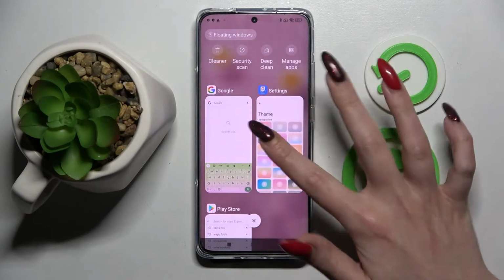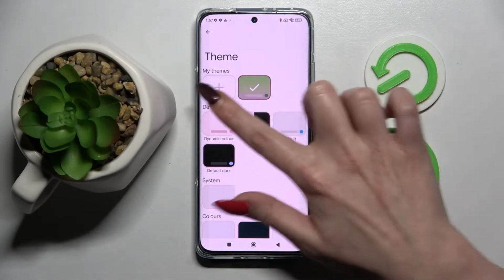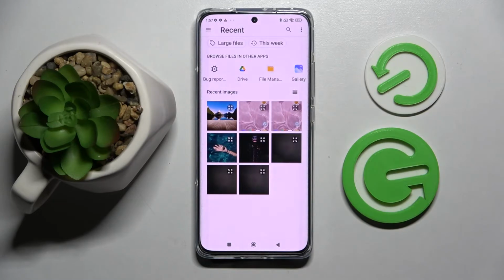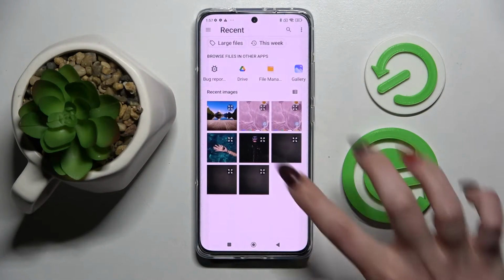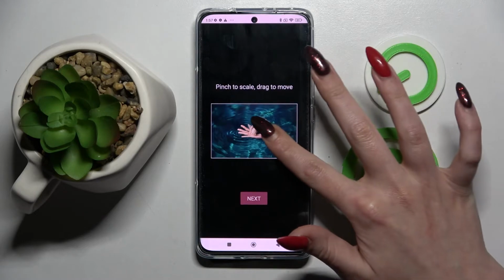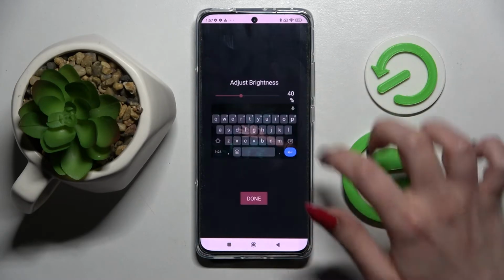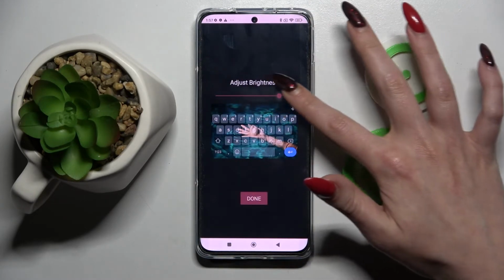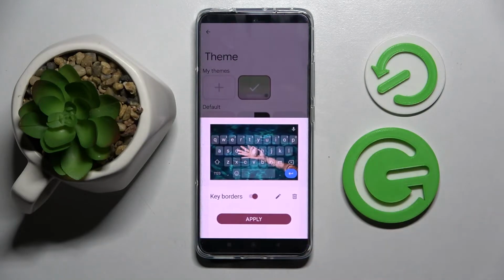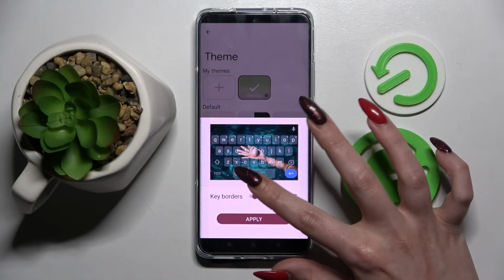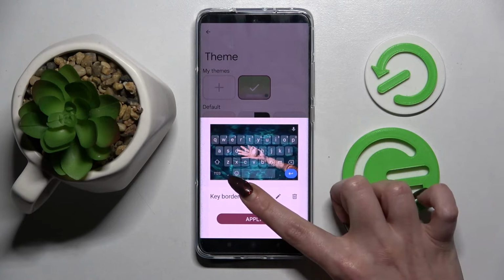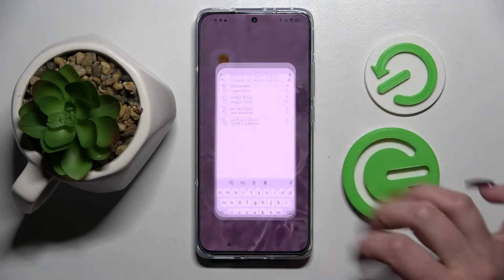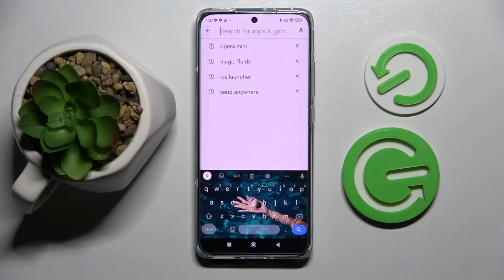But you can always go into the same settings, but this time click on this plus icon under My Themes. Then select the photo that you wish to apply, pinch it to scale and drag it to move. After that, choose Next and adjust brightness by swiping left or right. Then tap on Done and manage key borders by clicking on the switcher. Lastly, select Apply, and now when I go back, as you can see, the theme of my keyboard was successfully customized